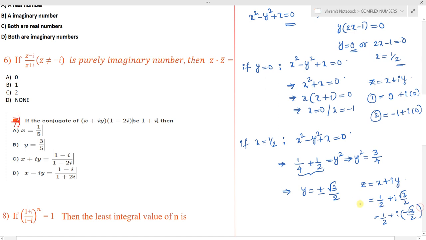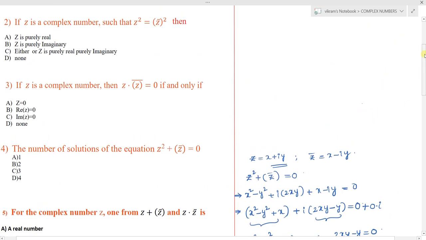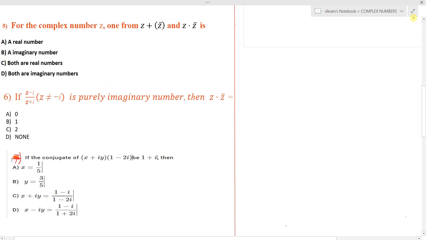Okay, so here we have another two solutions, the third and fourth. Then the total number of solutions of x is 4. Total number of solutions of x is 4. So now, moving on to the fifth question.